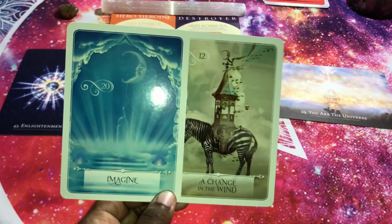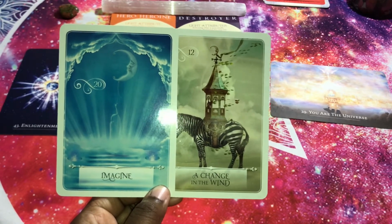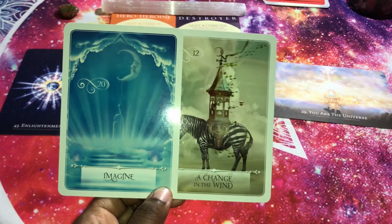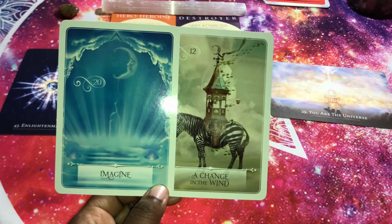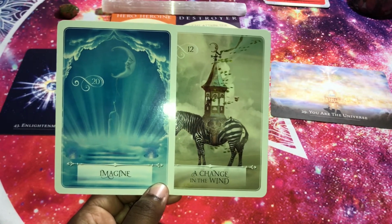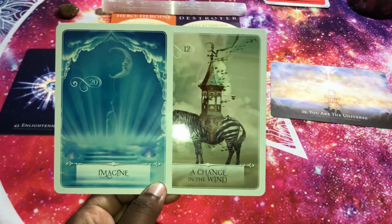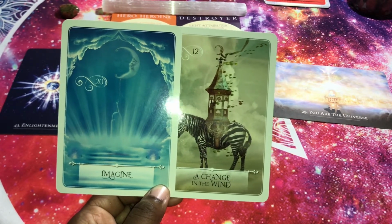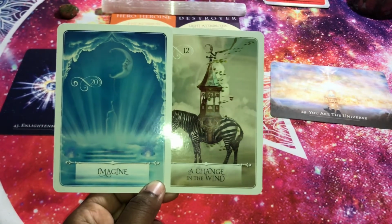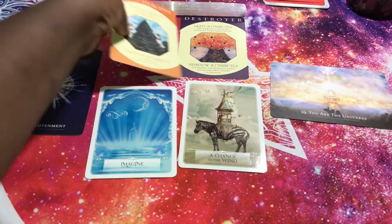So with Imagine, Spirit is talking about really visualizing how you want this earthly plane to be. Visualizing what you want this world to be like, what you want to be changed in this world, and then actually taking that action to do it, a change in the wind, actually making that change happen. Especially when it comes to this gift you have for connecting with the environmental energy. This is what you should be doing, visualizing change and then going after it and being that hero,